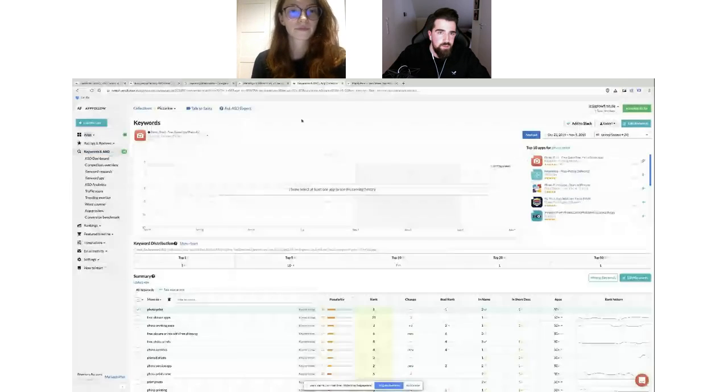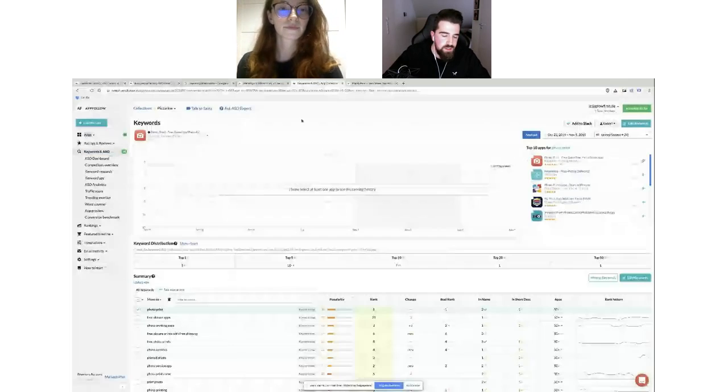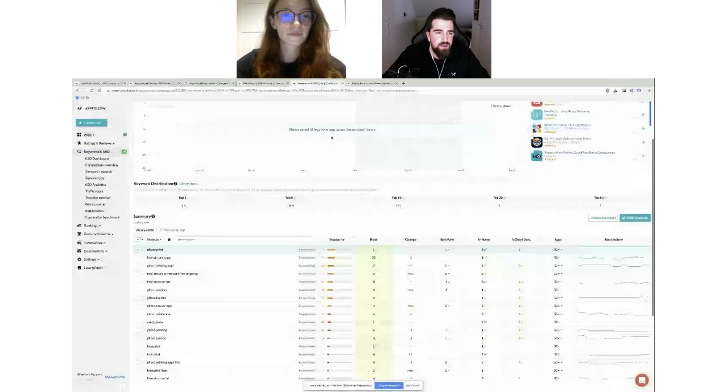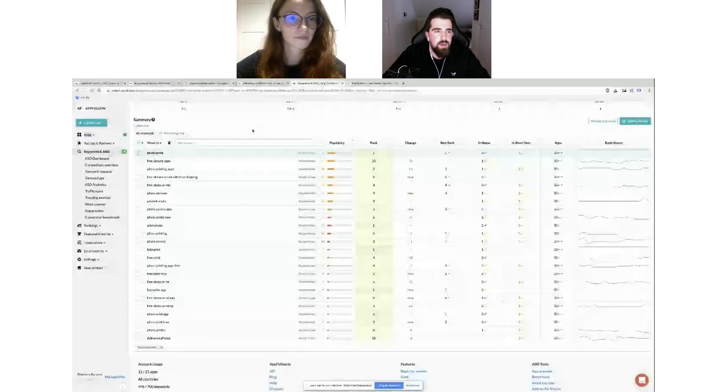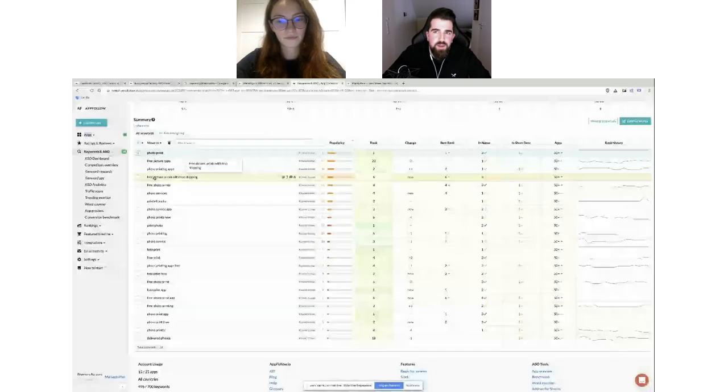The third thing would be keywords, so visibility in search. I did a really quick keyword analysis on this app. Usually it takes a couple of hours to do this, but I spent about 10 minutes on it, just with AppFollow's features like keyword spy and keyword research. And I have to say the rankings are looking pretty good on this, but there might be some improvements with further indexing and metadata.